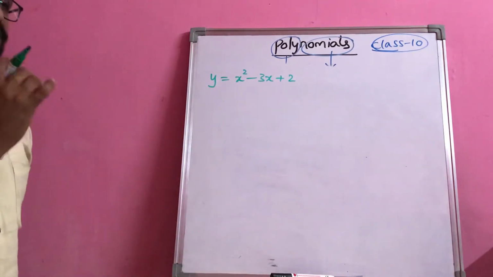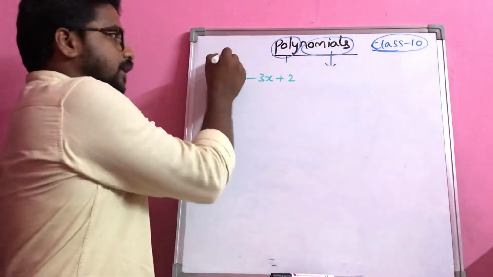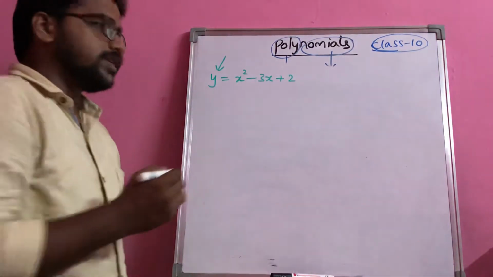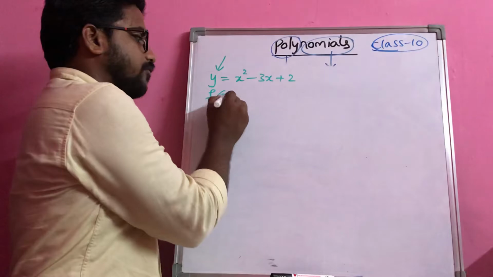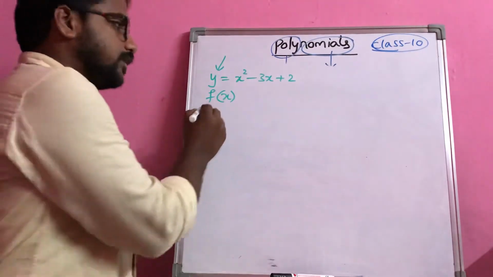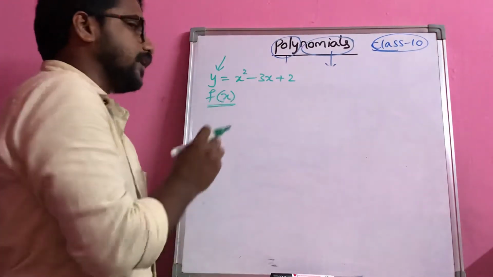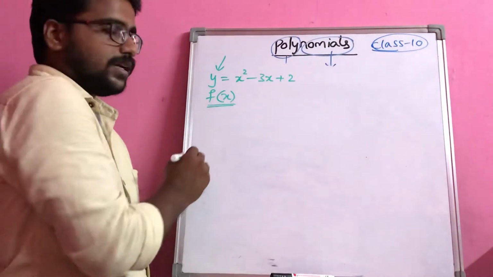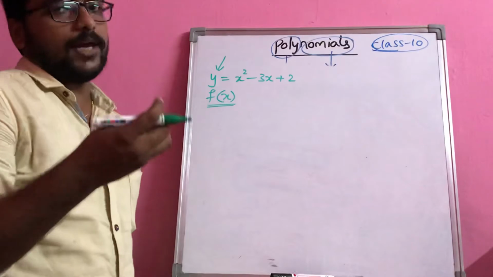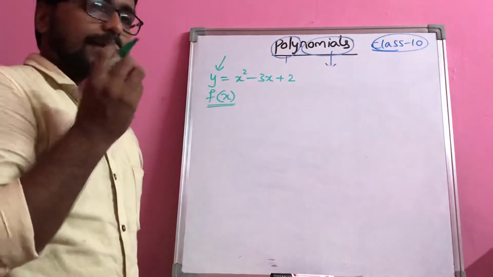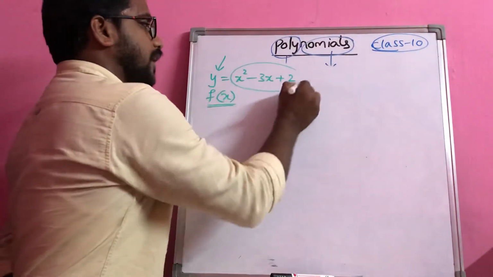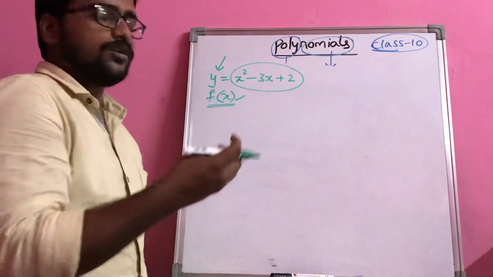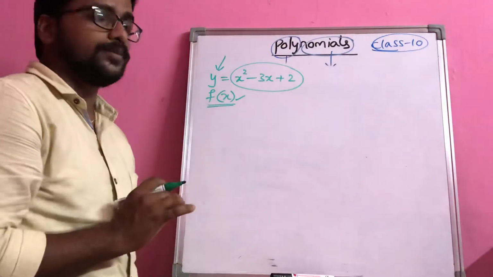So you can just observe here, sometimes in the questions they will say this as a y, in some questions they will say this as an f of x. So see, this should not be read as an f into x, something like that. This has to be read as f of x. Like how we are having names for every individual, like that every expression can be given with some name, that is called as an f of x, g of x, whatever name you want you can give here.